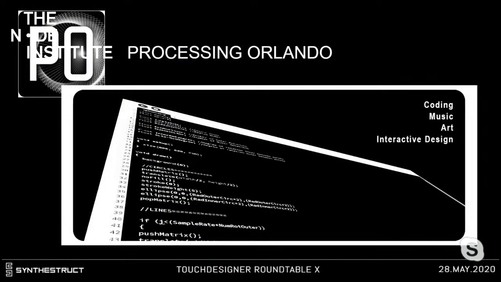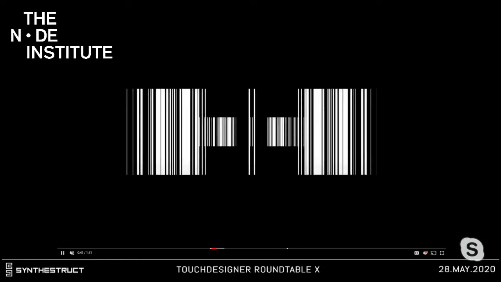So before, this is pre-TouchDesigner, I was heavy into Processing and doing a lot of generative art with Processing. And so I started up Processing Orlando, and I did a lot of creative coding meetups and tried to encourage people in Orlando to get into creative coding and to express that side of their interests. I did that for many years until I started working with TouchDesigner, in which case I stopped doing the Processing Orlando meetups and segued into doing local TouchDesigner workshops instead. But I did do a lot of stuff with Processing.